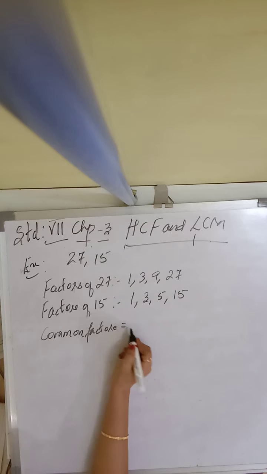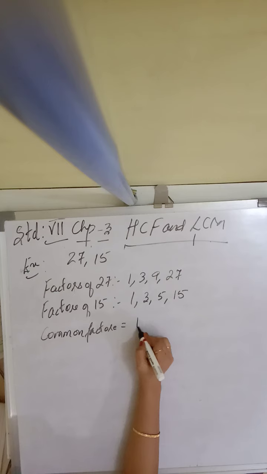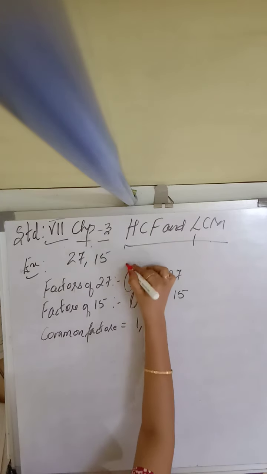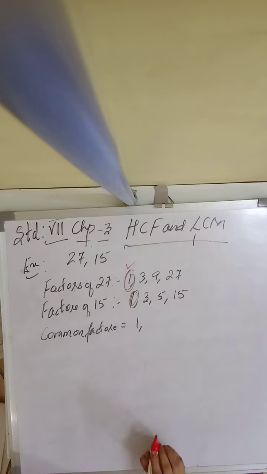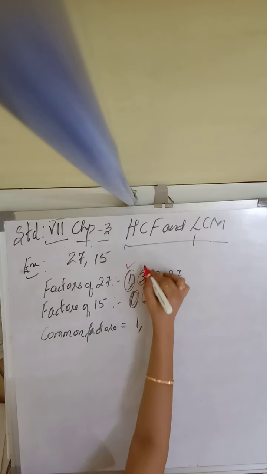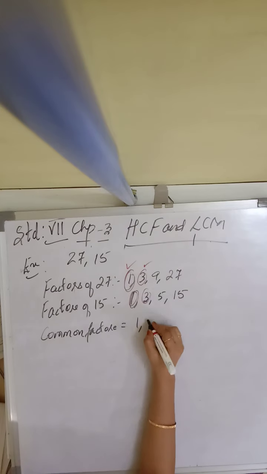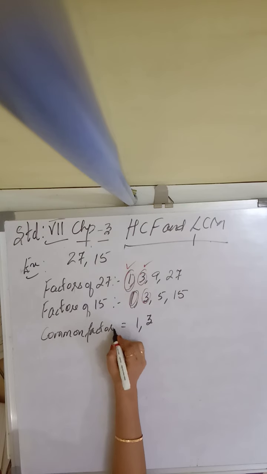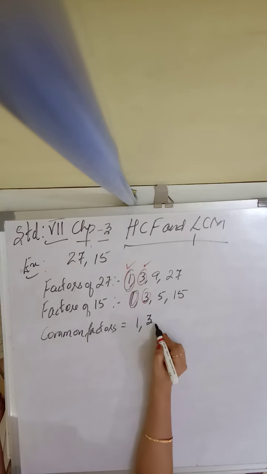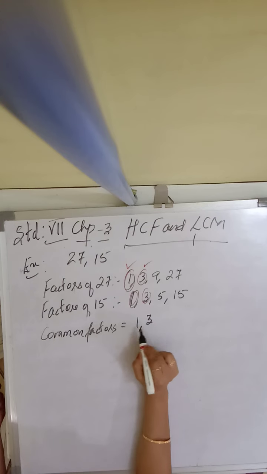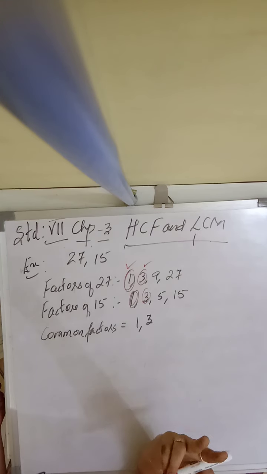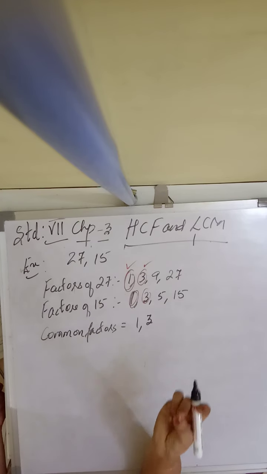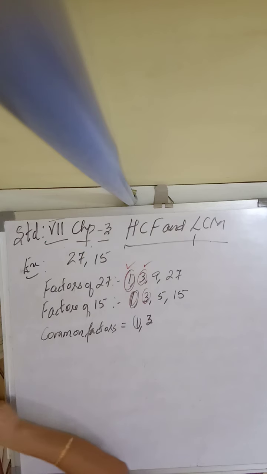So what is common here? 1 is common, and one more number is common, that is 3, which is there in both. So my 3 also is common. Anything else common? No. Now here children, you can see that 2 terms are common, 1 and 3. As per the condition, there should be only one term common, and that term should be only 1.